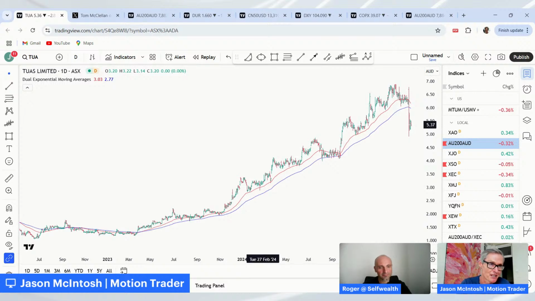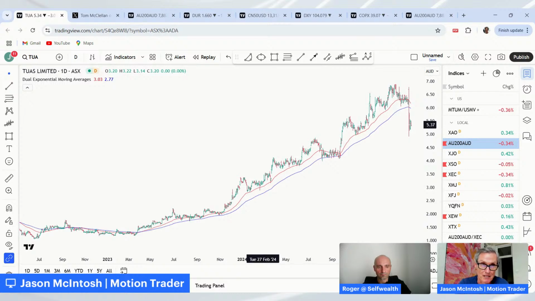Like in the back testing I've done, I don't think it really makes a great deal of difference whether you're using simple or exponential. They're similar. They're a little bit different. Sometimes the simple gives a better outcome. Sometimes the exponential gives the better outcome on an individual trade. But when you back test them all, I don't think there's a significant difference. But you've got to make a choice. Which one you're going to use?